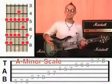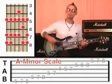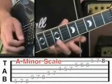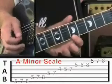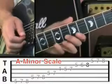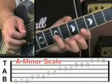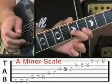Okay, and as I usually say, pause the video if you need to and practice that now and make sure you've got it nice and smooth, because the next thing I'm going to ask you to do is to play starting with the little finger on fret 8, step down onto fret 7, and then fret 5 on the 1st string, and then move to the 2nd string, fret 8, middle finger fret 6, off to fret 5, and then the 3rd string, fret 7 with the little finger, middle finger onto fret 5, and then of course